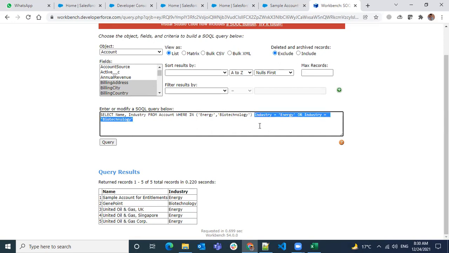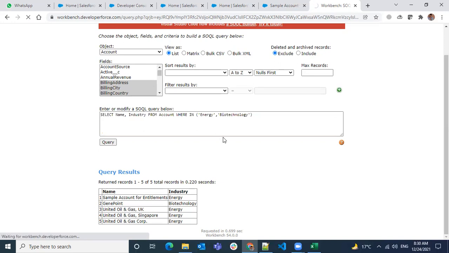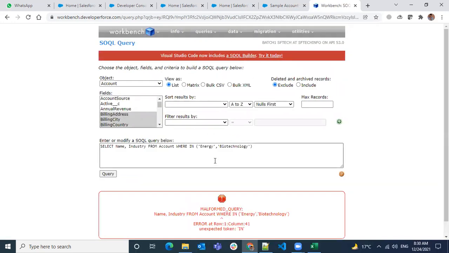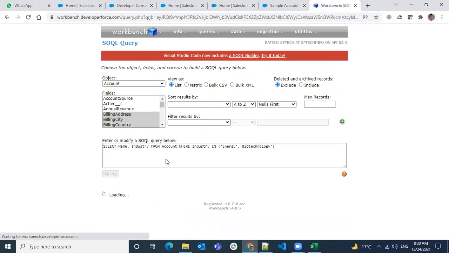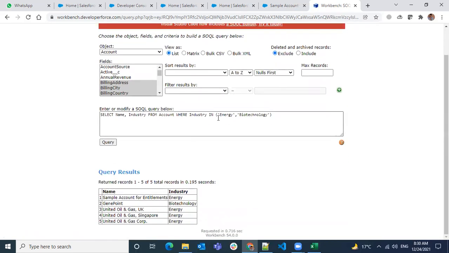So I can remove all the other values over here. The IN operator is used to compare with multiple values. So the field is industry, where industry in these 2 values, meaning it could be energy or biotechnology, any of the values, then I use the IN operator.